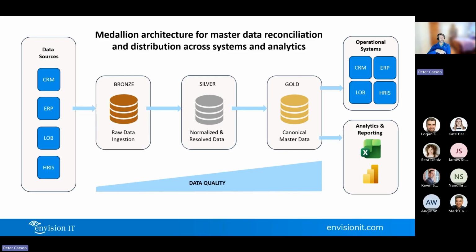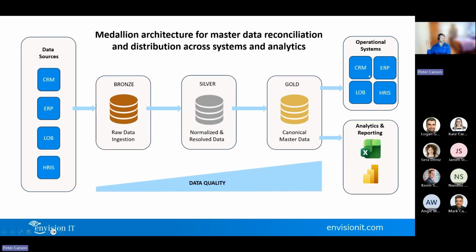And this is a key difference of what we're talking about in this webinar series. It's not just about driving analytics and reporting. When you see this medallion architecture in most blogs and Microsoft Learn articles and things like that, they're talking about how do I take all of my disparate systems in my business, get them to a standard canonical master data record so I can get decent reporting coming out of that. And that's an important goal, absolutely. But in my mind, that's only a small piece of it. The bigger piece is how do I get that canonical data back into all the relevant operational systems?